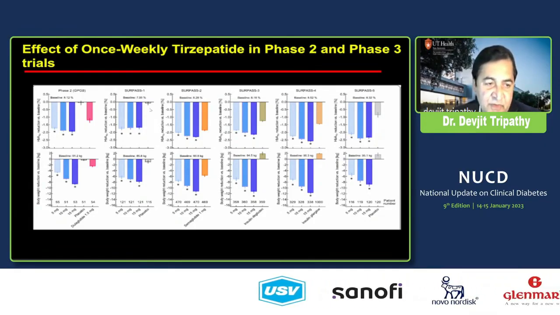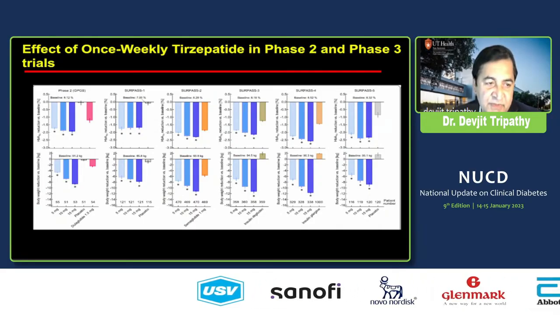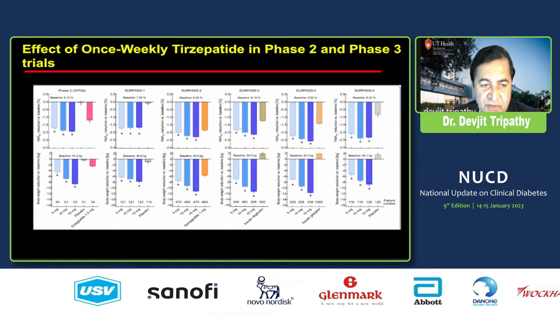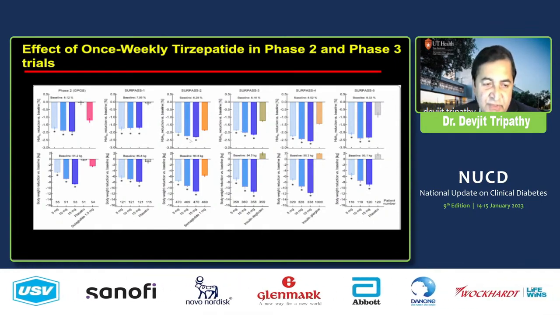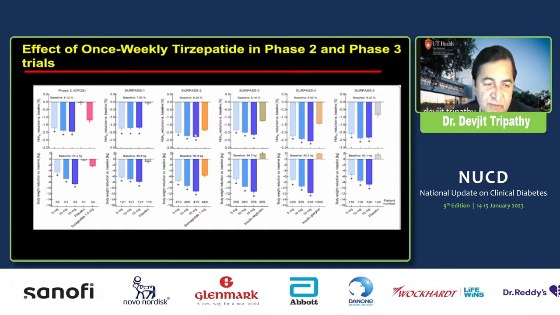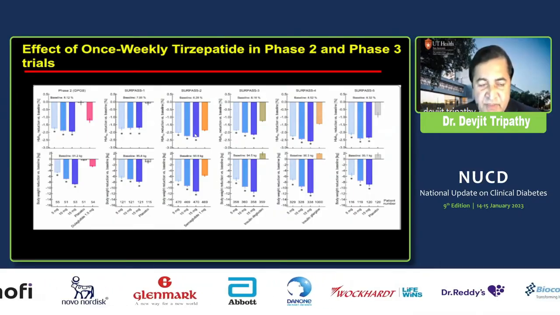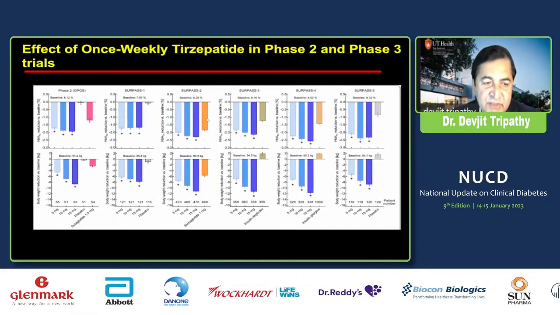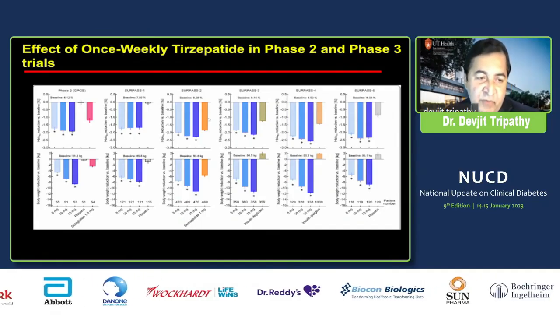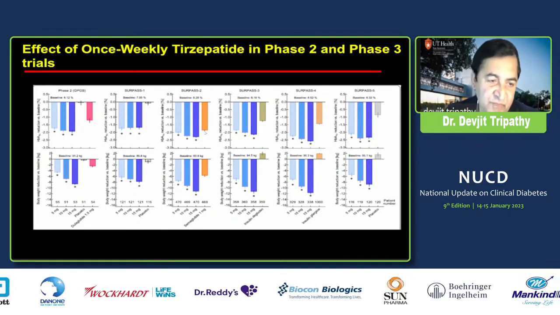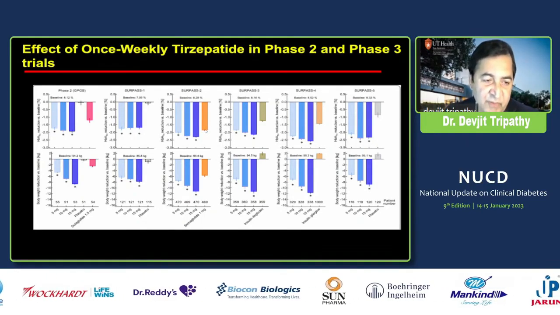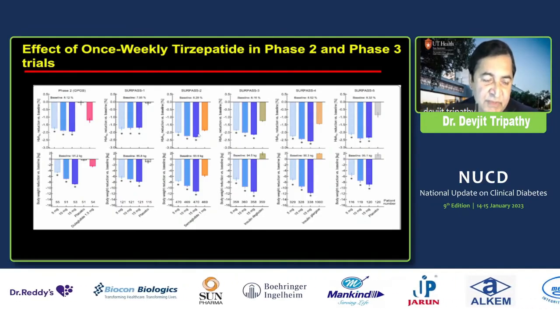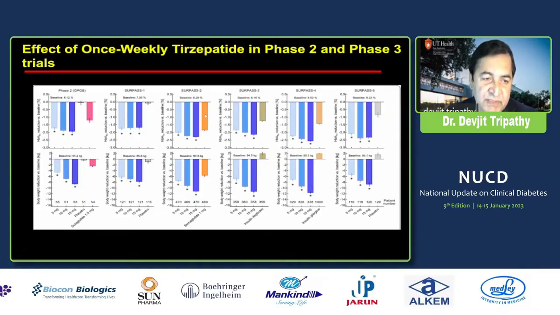So as you can see, compared to placebo, the baseline A1C is slightly low. There's a reduction of 1.5 to 2%, but all of the studies consistently show A1C lowering, where in the high dose it ranges from 2 to 2.4%. And it is greater than semaglutide. This is not the high-dose semaglutide; this is semaglutide 1 milligram, which leads to hemoglobin A1C lowering of about 1.7%. And tirzepatide showed a greater A1C improvement compared to semaglutide.